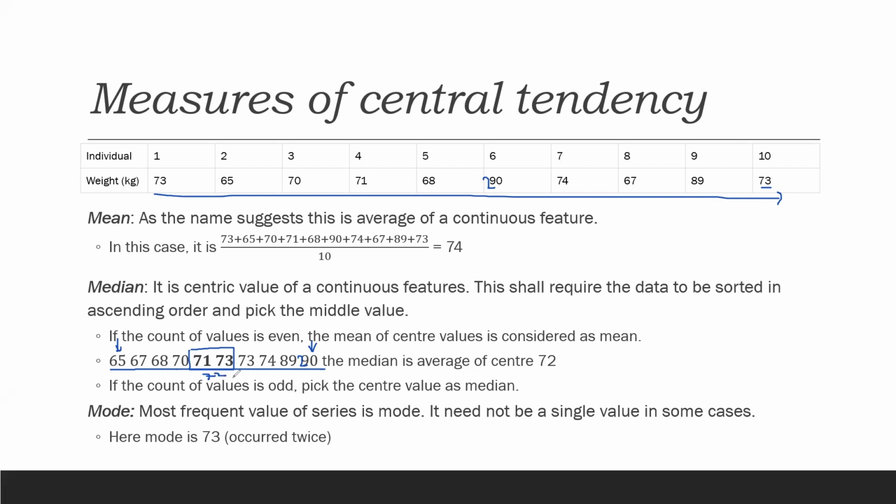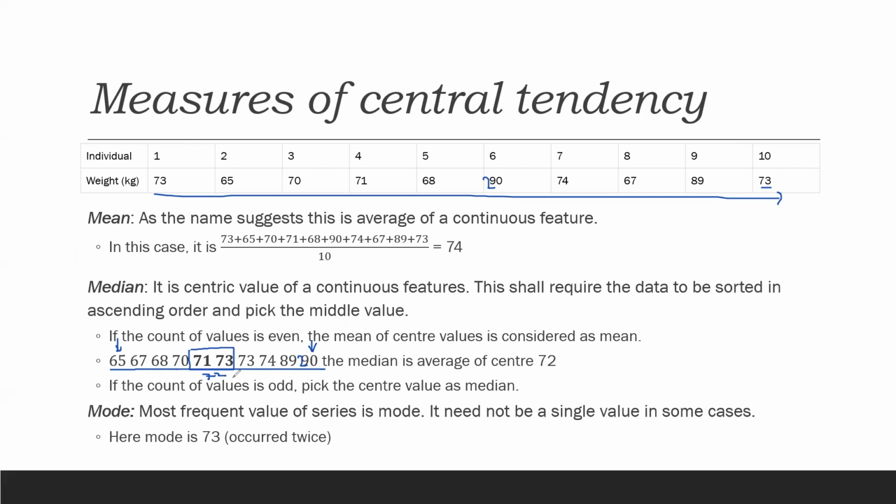I think we have already discussed this when you were in school, or maybe in college, as a common logic. What we're trying to do is simply arrange all the numbers in increasing order and pick up the most central value. If you have two centers, then take the average of those. Generally, if it is an odd number, you will have only one specific value. If it is an even number, you will have two values, and you will take the average of those two values.